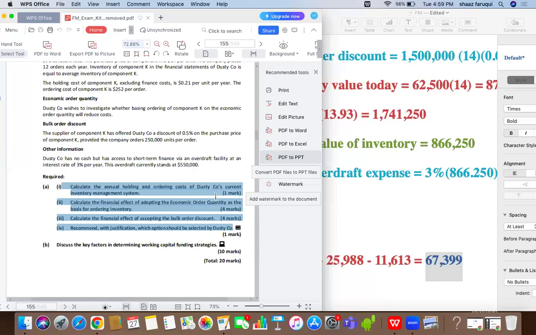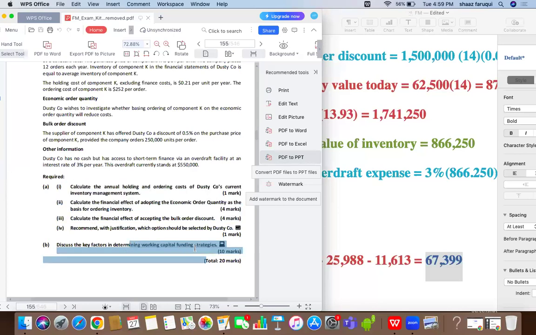See, the question is this: how do you understand and how do you fund the working capital? What strategies do you use to fund the working capital? When you answer a question like this,